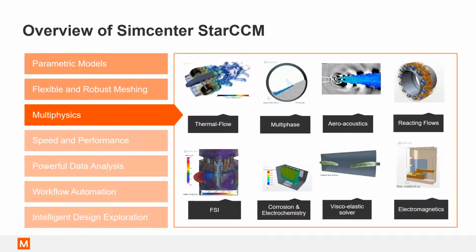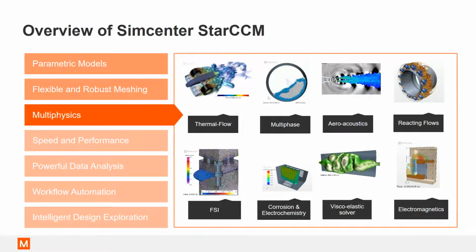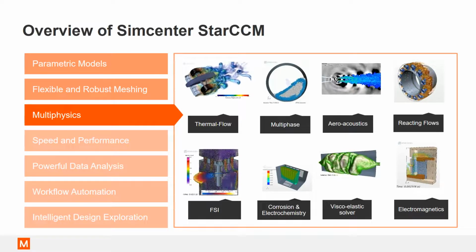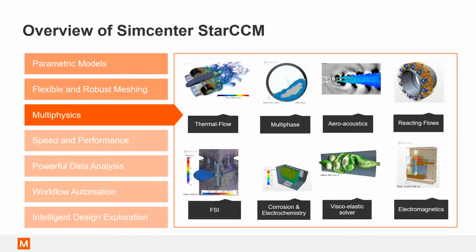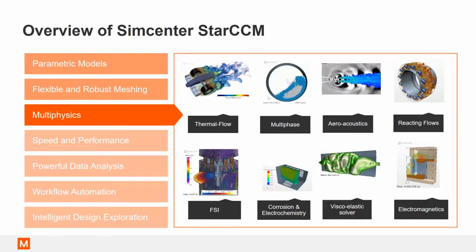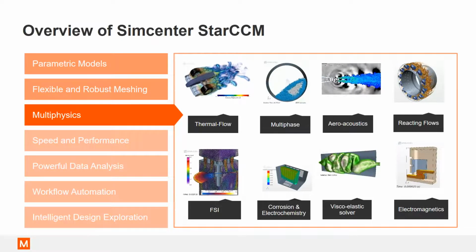Now, Star has a broad range of multi-phase and phase interaction models to predict and understand real-world problems. It's multi-regime, multi-scale, multi-phase. It has an efficient hybrid modeling to allow even the most complex problems to be solved efficiently while retaining all the details. And one of the key things with Star CCM Plus over here is that all of the features, be it thermal flow, multi-phase, aeroacoustics, all of them are already unlocked in your base license.